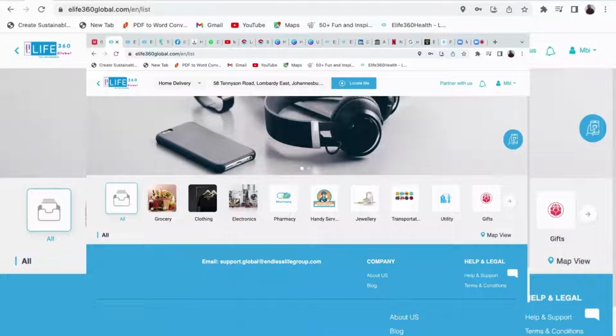This quick registration overview is how you register a merchant on Elife360 Global. When you receive the link, or you go to Elife360global.com, it will lead you to a page like this, and all you need to do